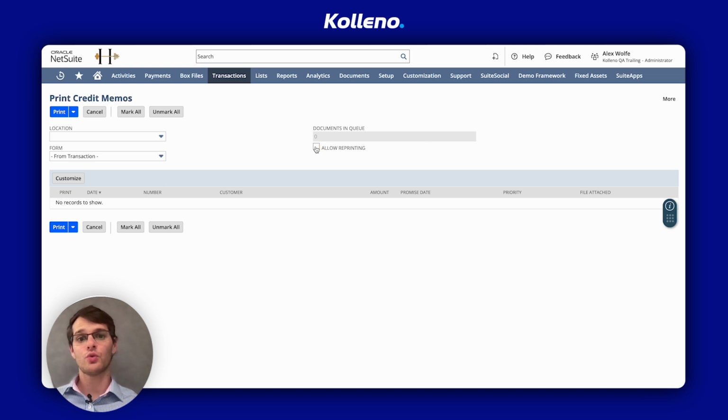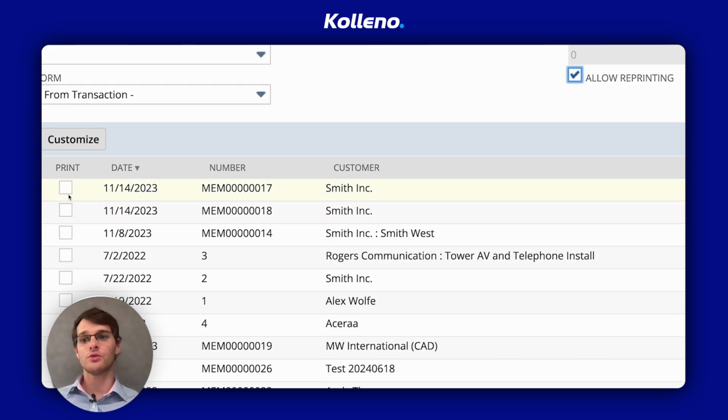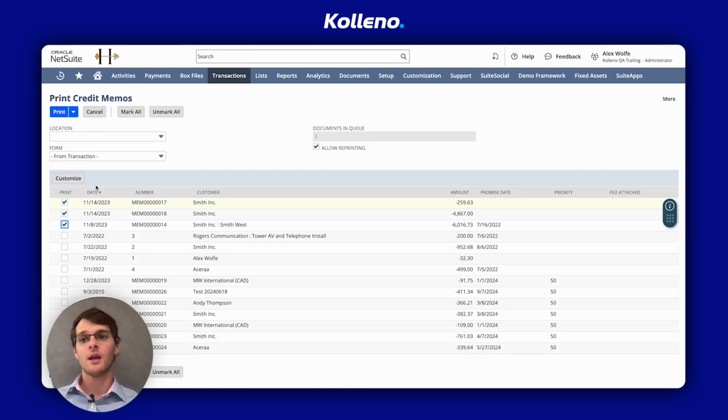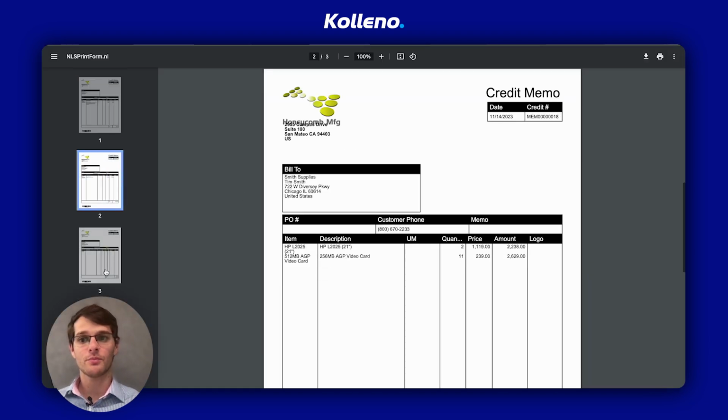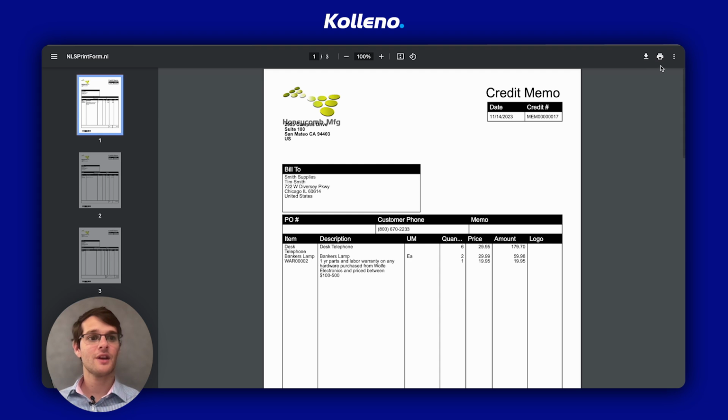What I will do once I've checked it is that I will choose 3 credit memos, and then I will just click in the top left on print. And in my browser, it opens one document with the 3 PDF, and then I can just click on the